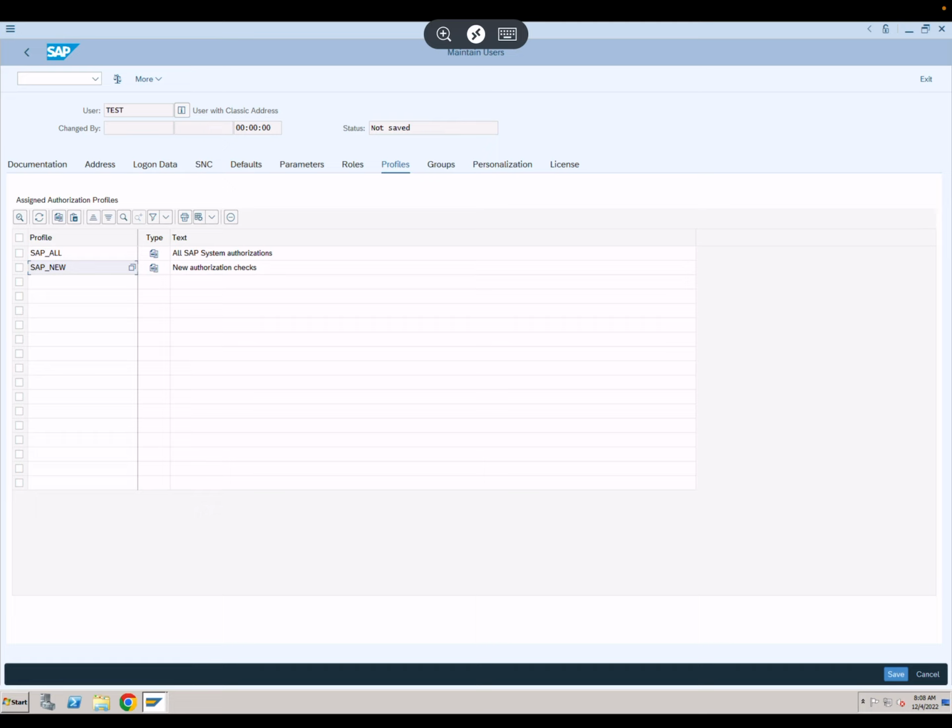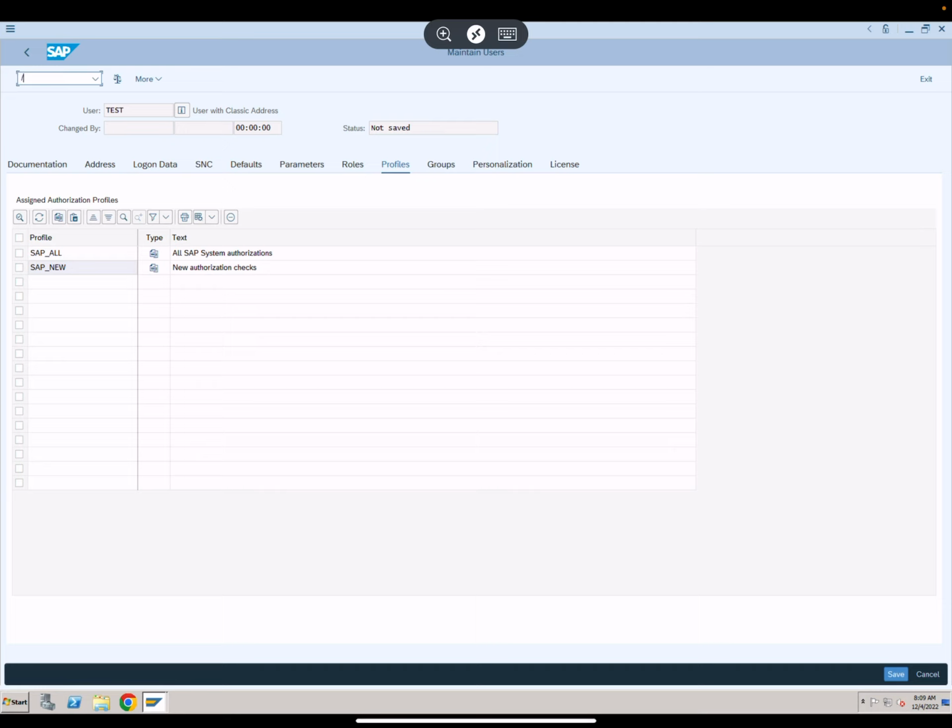And then they build another profile called SAP New, which they say has anything new, like new authorization checks are going to be added in there. Suppose you have some version, SP4 whatever, and then you are upgrading to SP5, so maybe that's adding a few authorization objects. Unless you rebuild your SAP All profile, those new objects are going to be part of SAP New. So super user access, SAP All, SAP New kind of give a god mode. That guy can do anything. So it's strictly no for, I would say, any user in production, but maybe for sandbox and while we are building a system, probably you can assign it.